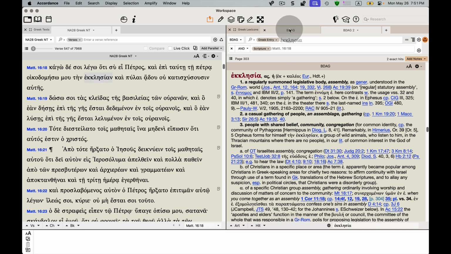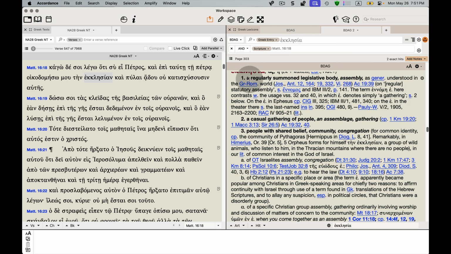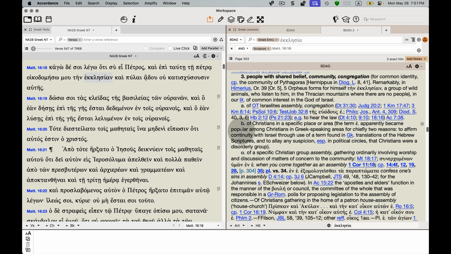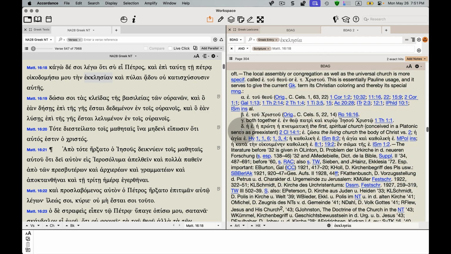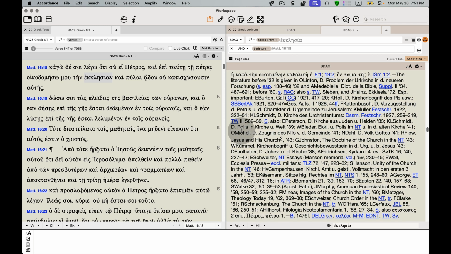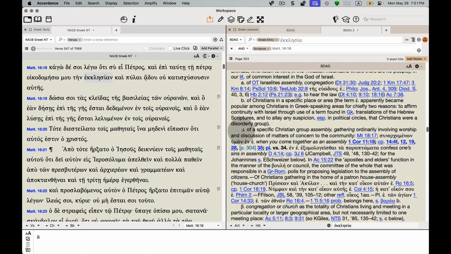the article on ecclesia. And I can sit here and I can read this article and I can see the various usages of the word ecclesia throughout Scripture, see some sample Scripture passages as well, and read this great article here on ecclesia. Now, the real power that I found in the Accordance edition of BDAG is when I perform